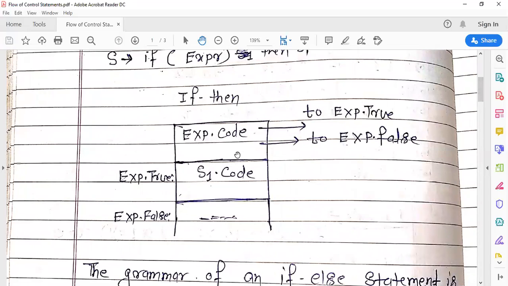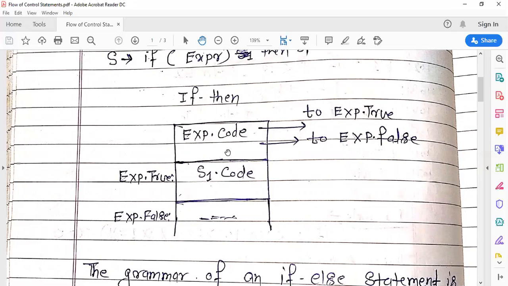With the help of a diagram, I want to explain the flow of control of the if then statement. This is the block diagram you can see here. In the first block we write exp.code.